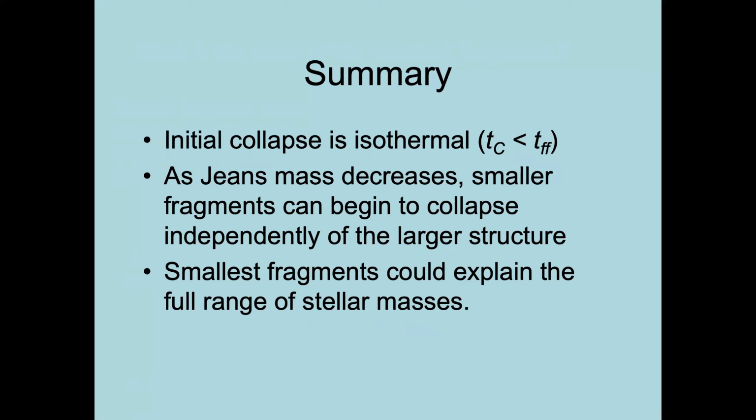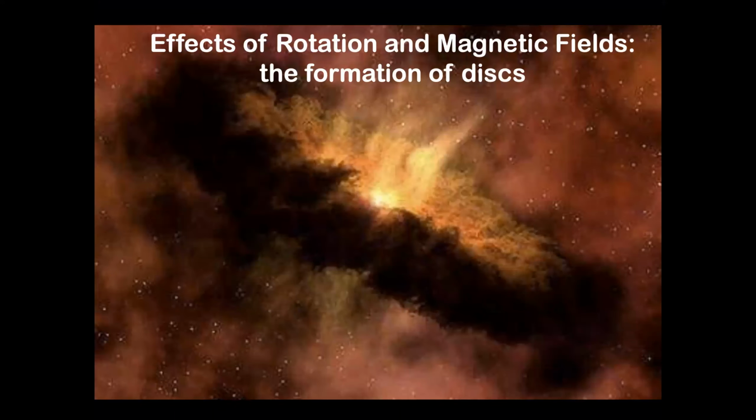And then you can have runaway fragmentation, but only up to a point, because, remember, the optical depth of your cloud increases with the square root of the density. This means that at some point this fragmentation has to stop. And with that, you can explain the range of stellar masses that are observed. So I stop here, and either you ask me questions or